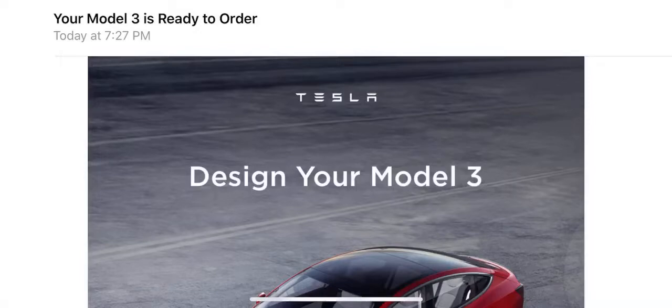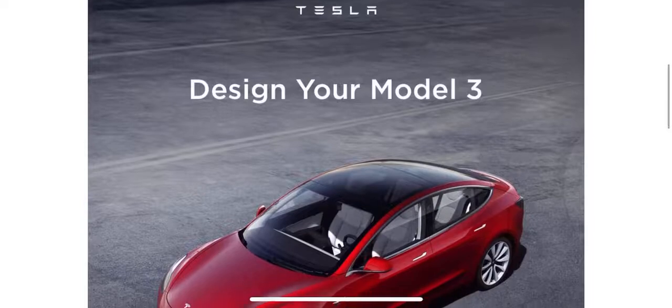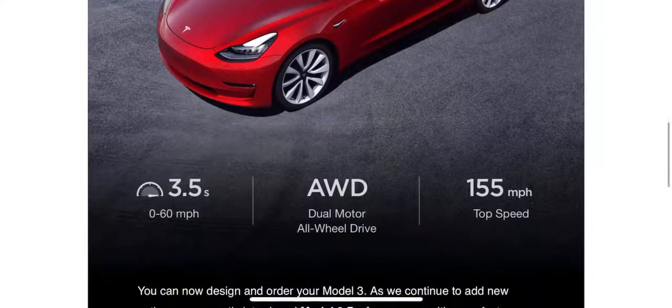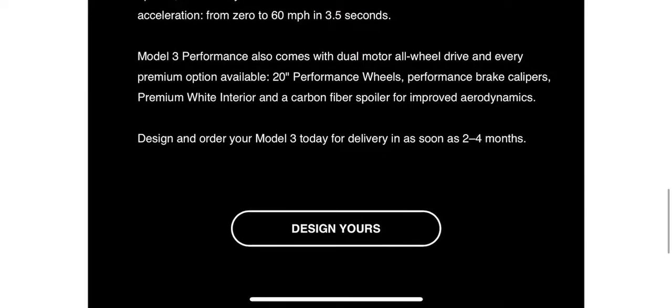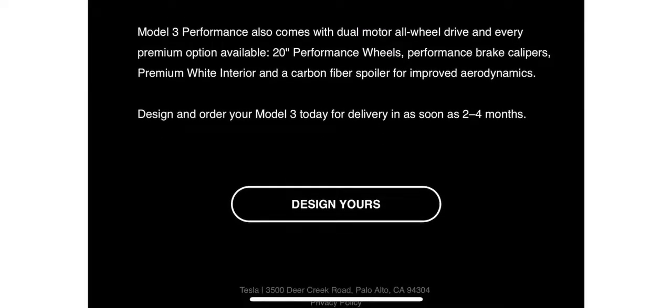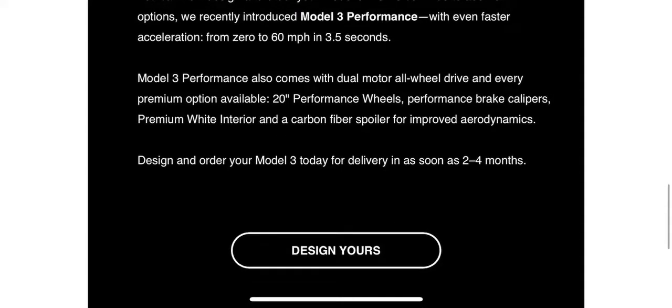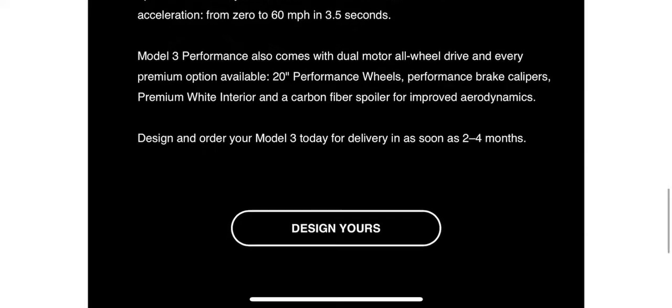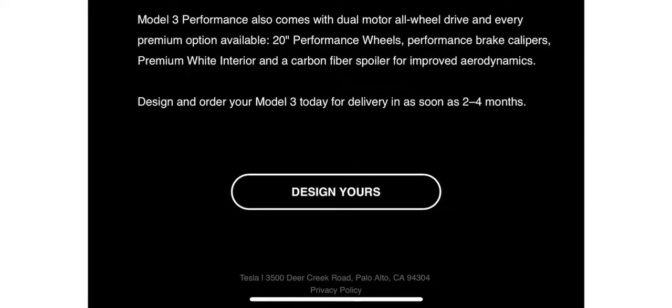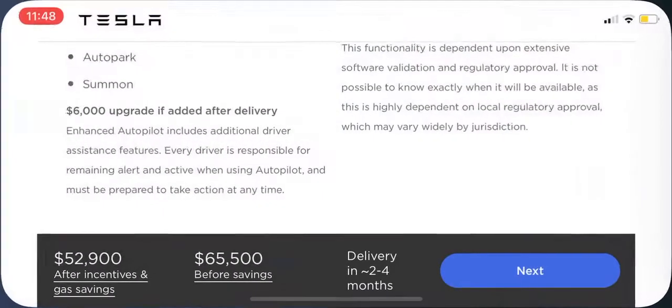In this video, I want to demonstrate what to expect once you receive your email to configure your Model 3. This is a real email that was received today, and it's actually one of my buddy that reserved his Model 3 over 2 years ago. Once you receive the email, it just advertises that the Model 3 has a performance version. And to design your Model 3, you just select this link, design yours, and it takes you to a Tesla